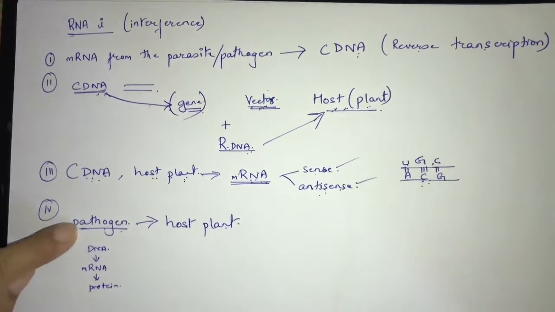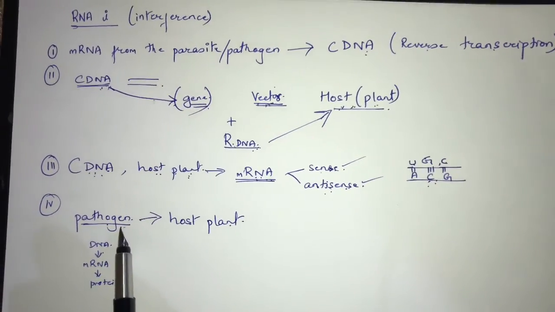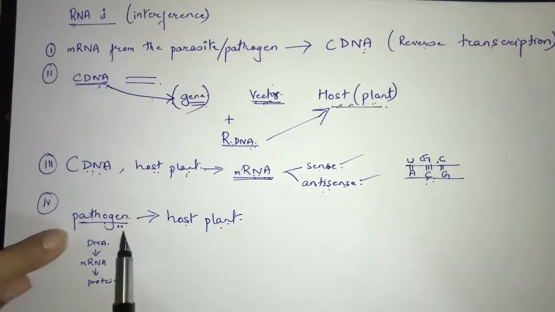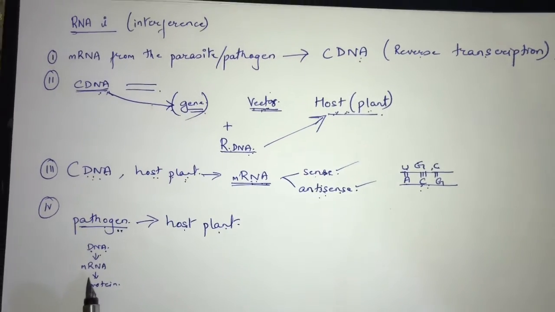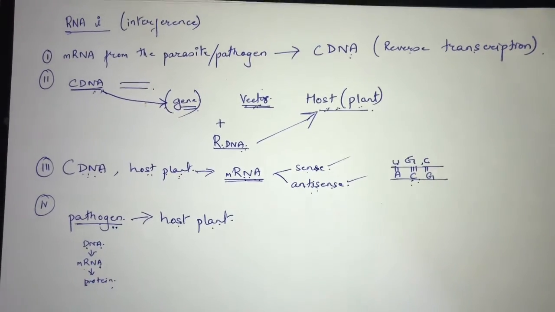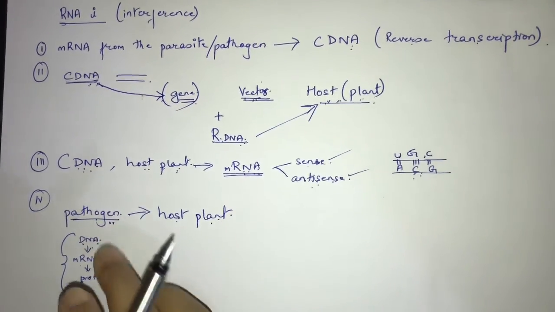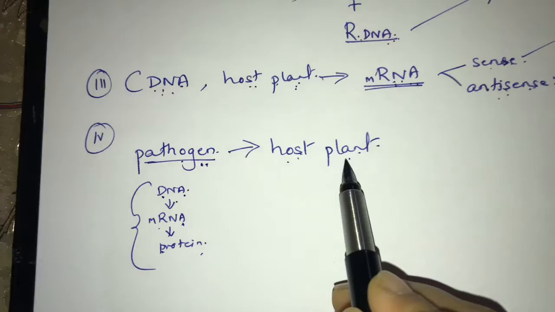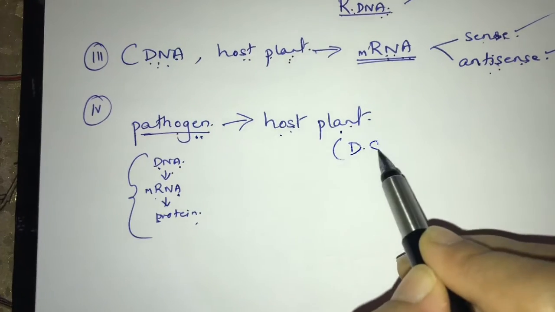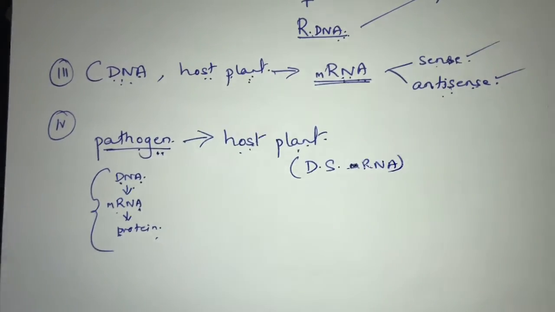The pathogen also has its own DNA when it is live, and when it comes in contact with the host plant, its DNA is transcribed into mRNA, and after that it is translated into protein, because we know that every living organism goes through these three processes. But when the pathogen comes in contact with the host plant which already has this double stranded RNA,